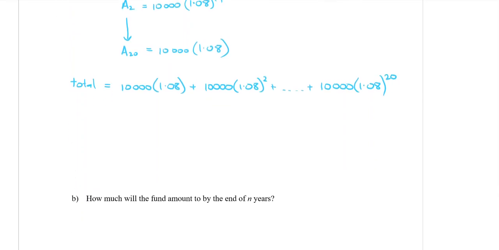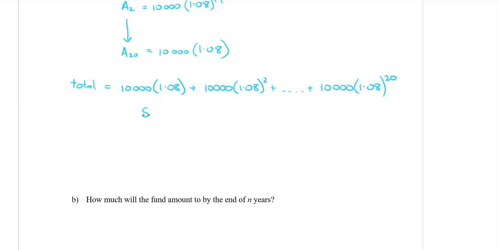Now we use our sum formula. I'm not going to write the formula down again. I'm going straight to the sum of 20 and subbing in my values. So the formula is A, which will be 10,000 times 1.08. Then you open a bracket and it's R to the N. R is 1.08. There are 20 terms, so the power of 20, minus 1, all over